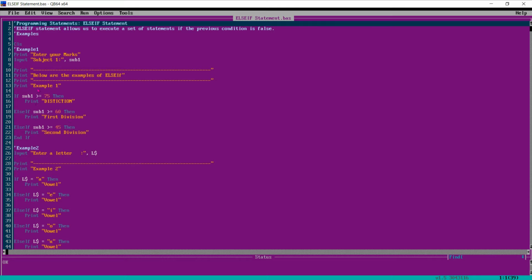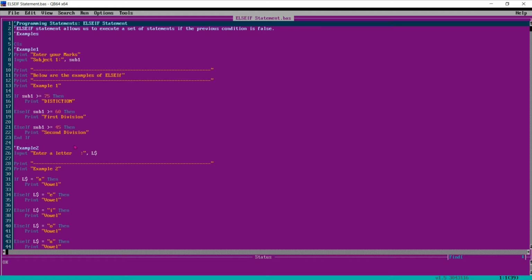Means if it is greater than 75, it will print distinction; else if it is greater than 60, it will print first division. Else if marks is greater than 45, then print second division, and this is the end of the if.